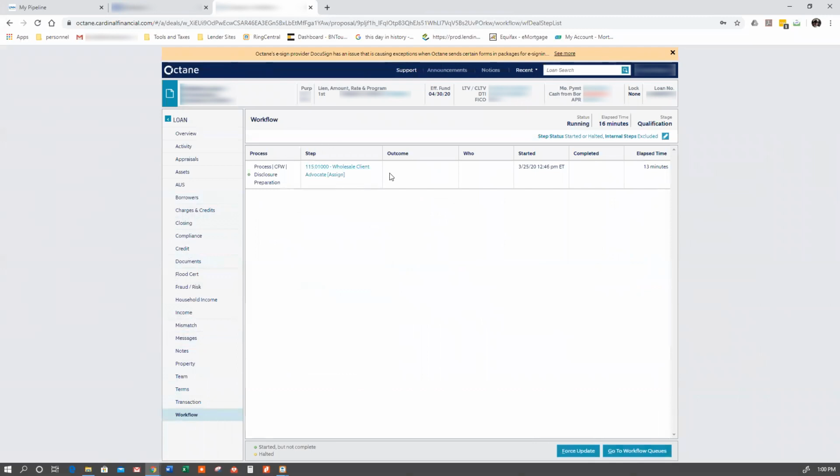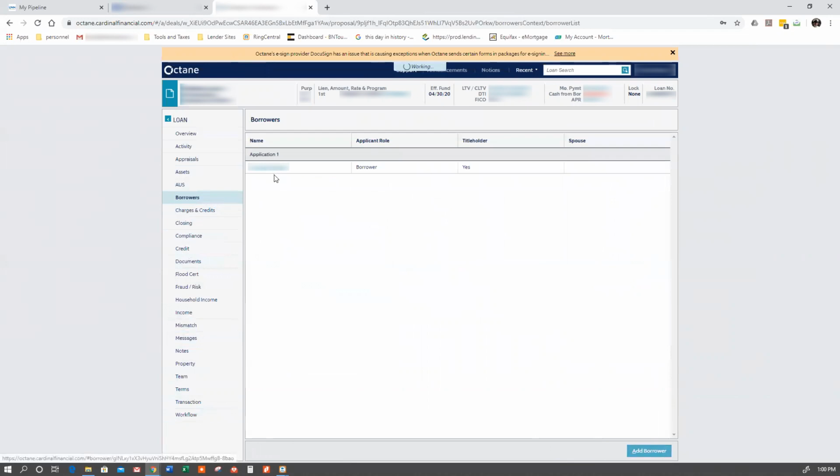Since the WCA has not been assigned yet, I can't see the errors until that's taken care of. So what I'll do is I'll just work what I know the errors are going to be until we get to the error section, and then we can go back. All right. So the first thing we're going to do is go back to borrowers, go to